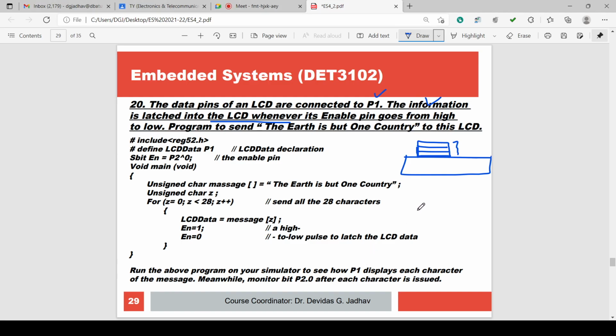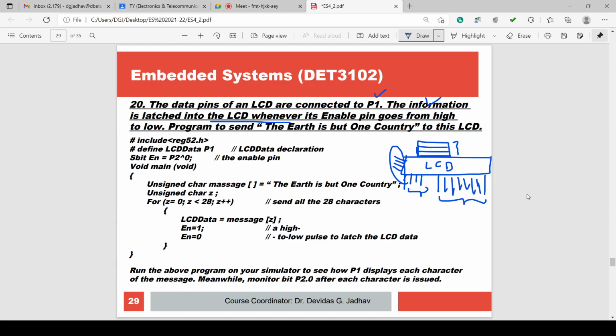Address for each register. So there are address lines for the LCD, and then whatever data is there, 8 lines will be there for data, isn't it? 1, 2, 3, 4, 5, 6, 7, 8. So these are the data lines, these are the address lines. Then there is a ground line, a VCC line, then a contrast line, then an enable line, a latch line, and other control lines are there.